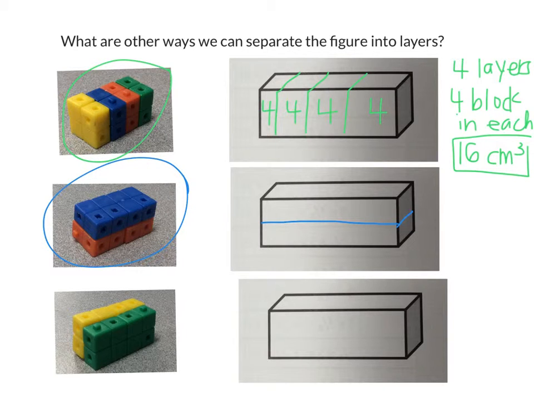How many layers are there total now? 2 layers. Okay, so on the side right there, there's 2 layers. How many blocks are there in each layer? How many blocks are there in the blue layer? 8 blocks. So we have to put an 8 here to show that there's 8 blocks in the top blue